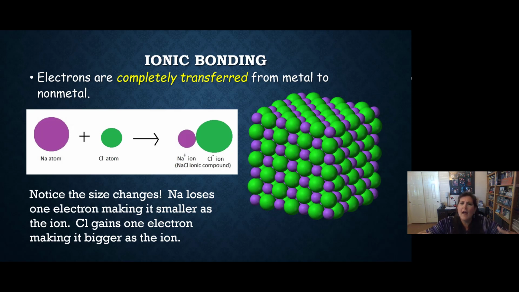Now the Cl atom gained an electron and it had to put it somewhere. Electrons don't like to be real close, so we had to make that level a little bigger to make room for that extra electron to pop in. Electrons repel each other, so it pushed out a little bit. So Cl- is bigger than the Cl atom.